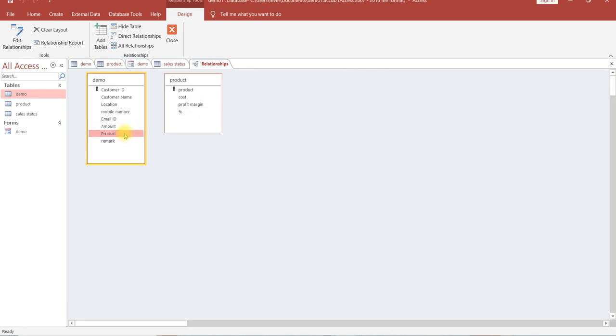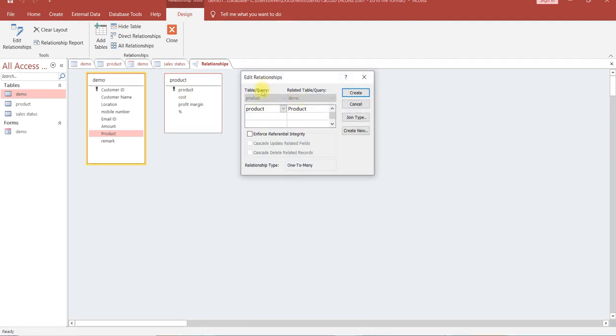For that, first we have to create a relationship by drag and drop here. Now you can see between the product and demo table there will be a relationship, and between product and product we are going to create a relationship, right? Product and product, because they are the common column in both tables.